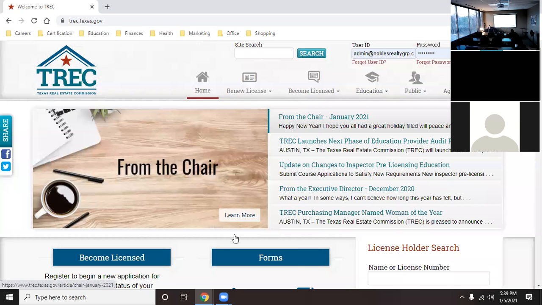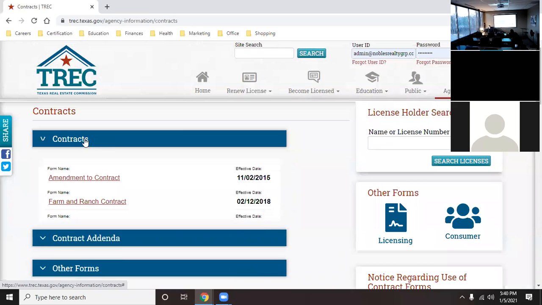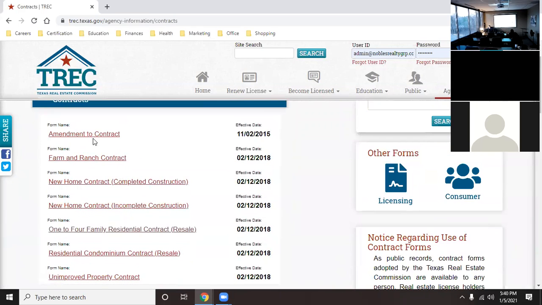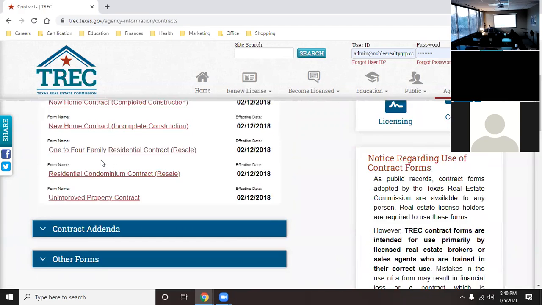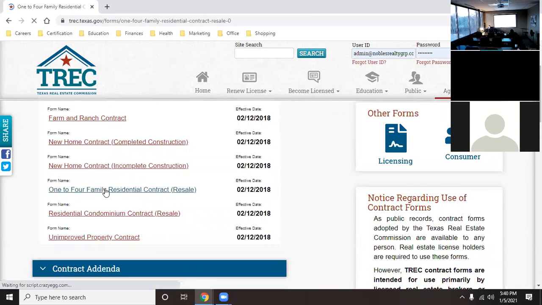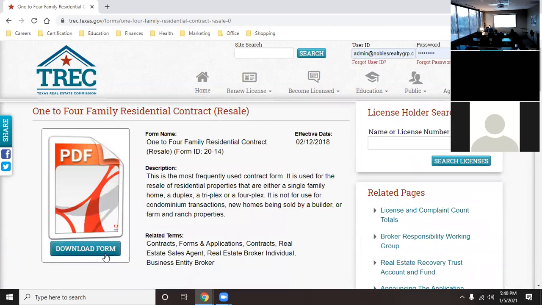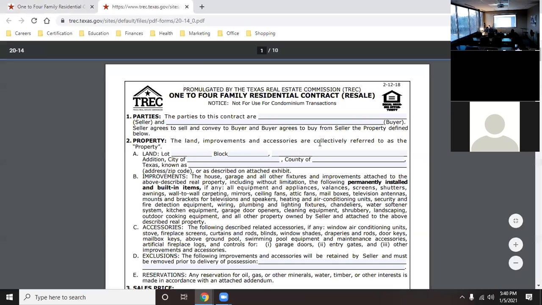You go right down here to contact or contracts. And what you'll end up doing is, I can't remember which one we used last time or what it was, but to tell the most effective date or the most current date, you look at this date right here. You see that right up here? That is going to end up being the most current date.